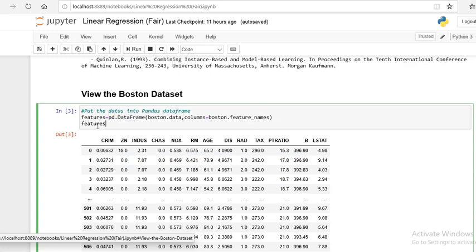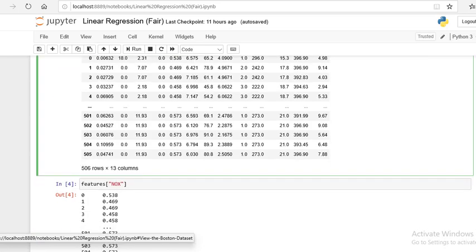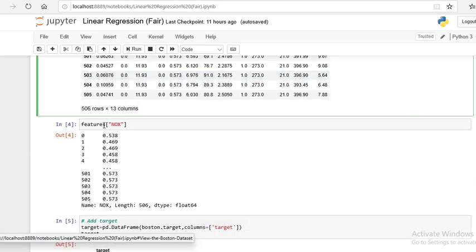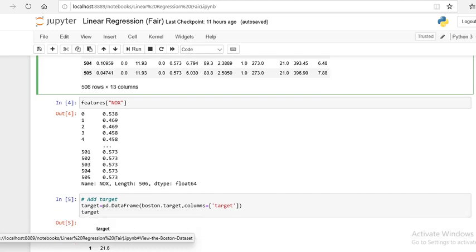You can just display all the features in the Boston data set. We can also display a single feature with values, for example the feature NOX.